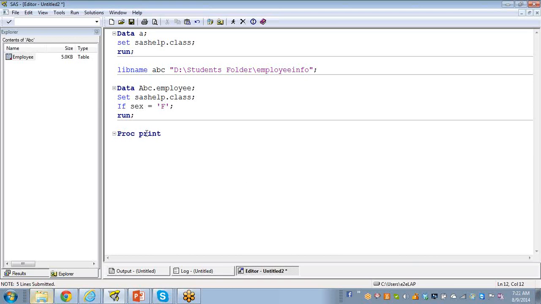Proc is short for procedure, and print is the procedure. In SAS we have so many procedures; we just need to call the procedure and accomplish our job. So I will say proc print